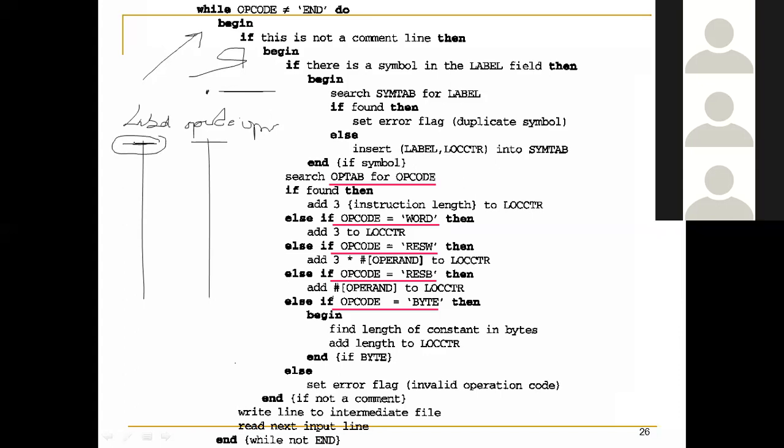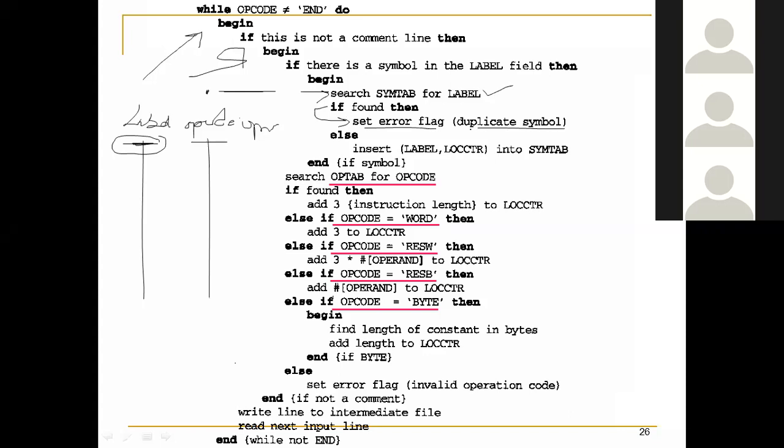If there is a symbol present in the label part, then I need to check whether that symbol has already been entered or not. So I will search the symbol table for the label. If it is already there, then what does it mean? It means that we are trying to enter a duplicate value.